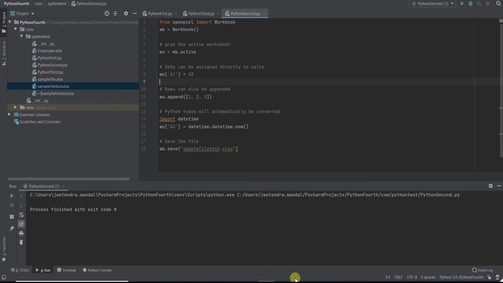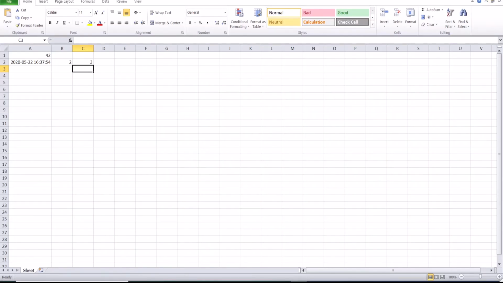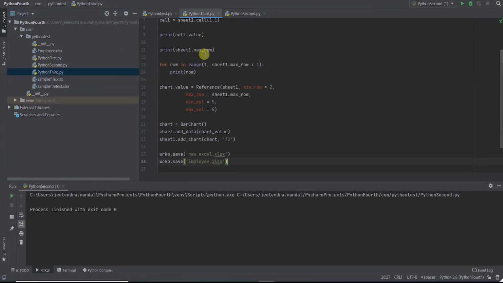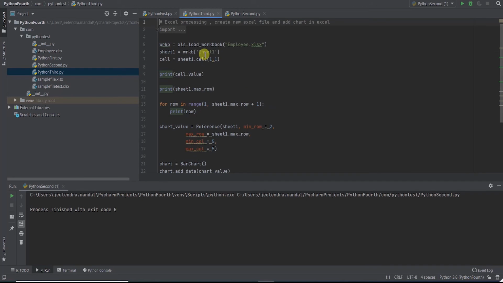Now I'll close this part and we'll do something else in Python. We have seen how to create a new Excel file. Now let's try to load an already existing Excel file.